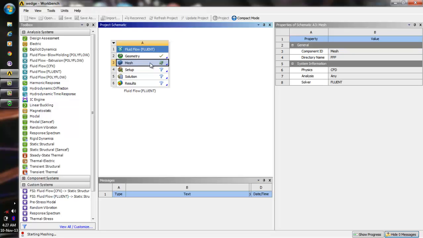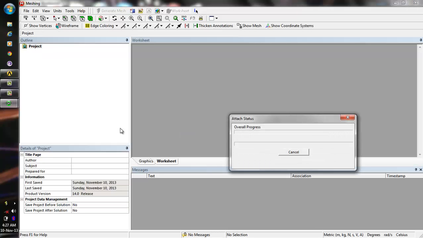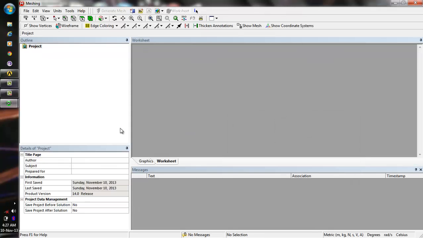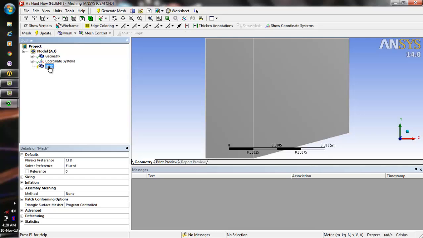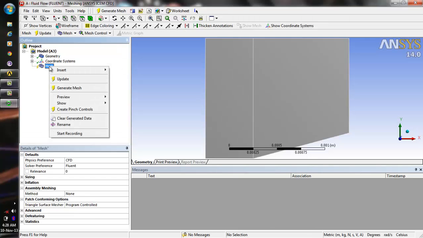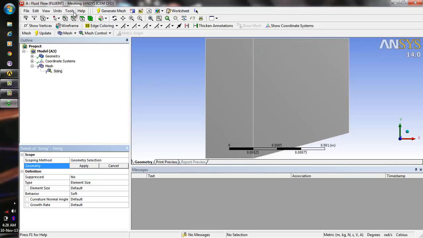Now moving towards the mesh. So we have these two different parts. Mesh. What I will be doing is now I'll be having a very dense mesh around over here. So insert, sizing, edge. For edge selection, click this option, select this edge, apply,